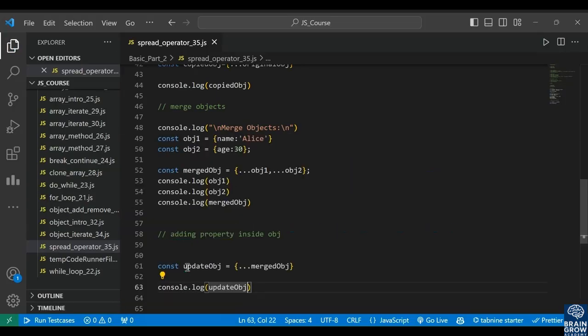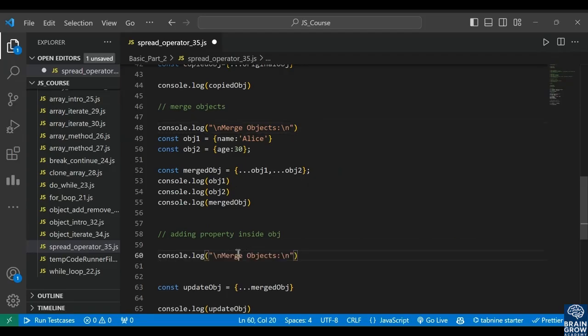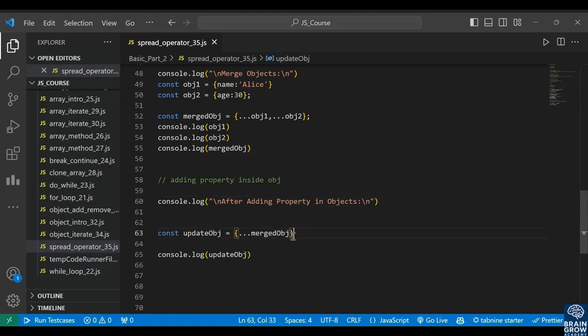So you can see here adding property in objects. After adding properties in object, so you can see, after we add gender and then give values male,